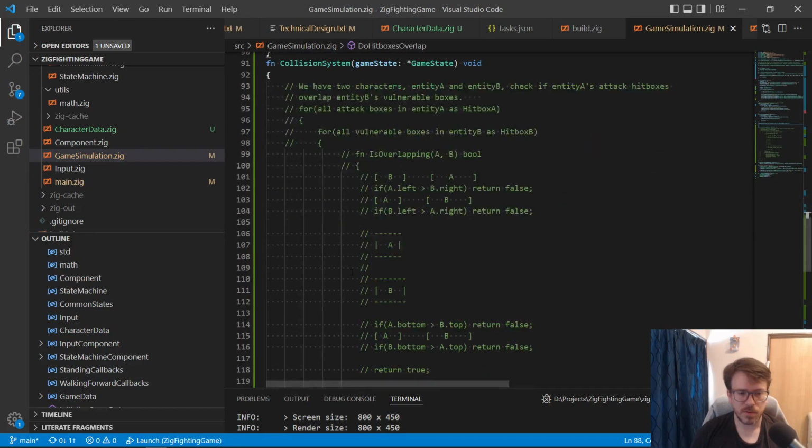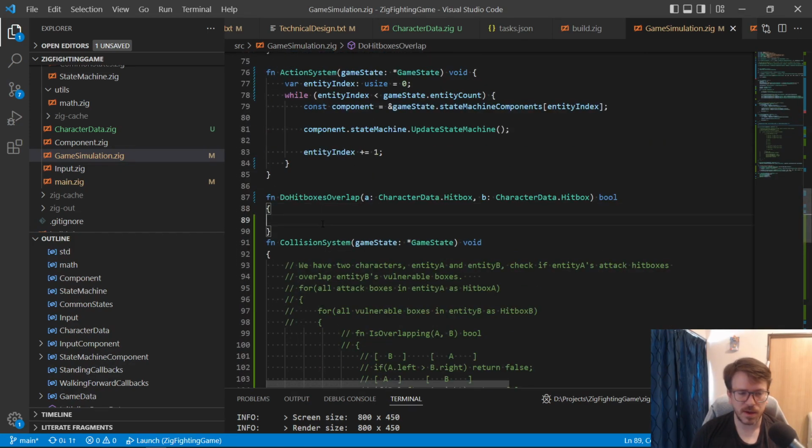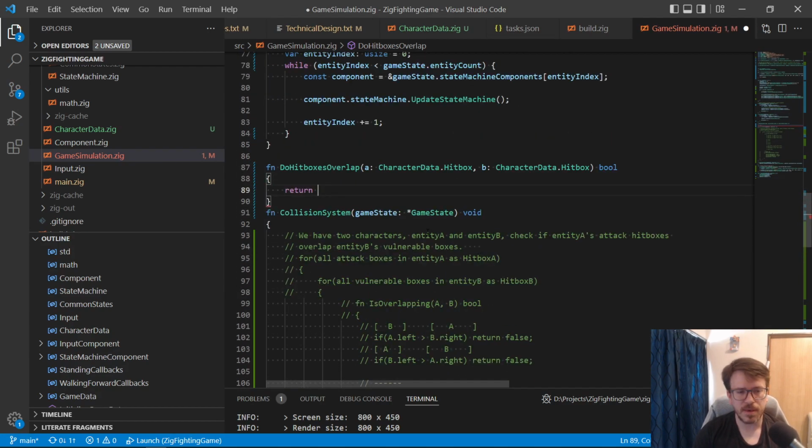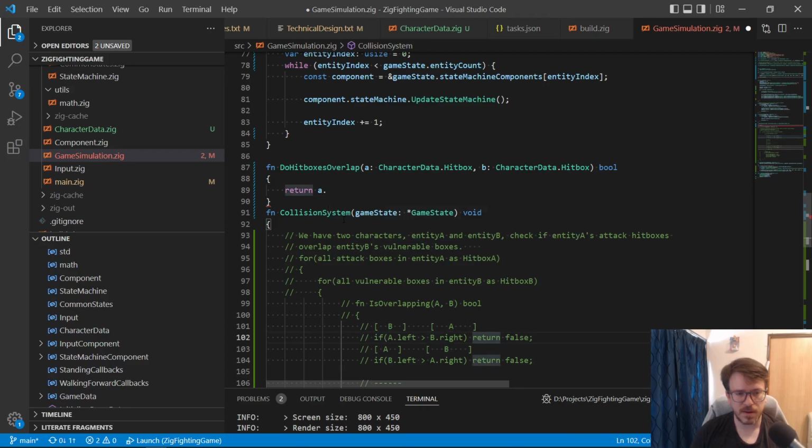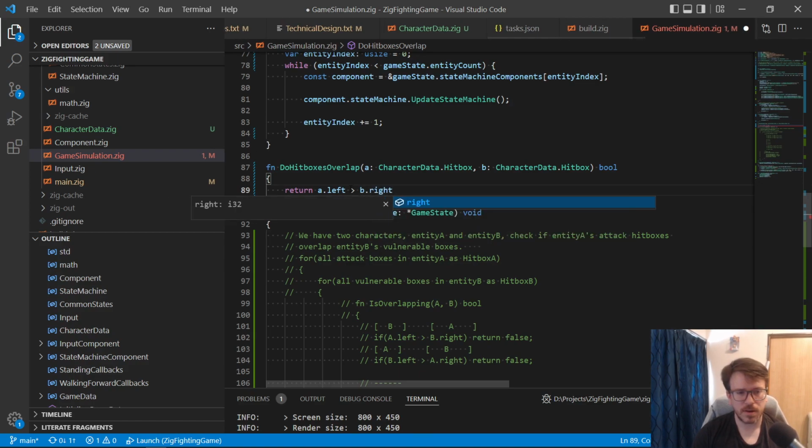So we can write this in a much more concise way. We can just write it in one line: if A dot left is greater than B dot right. So for now, let's write it like this. Const is not overlapping is going to be equal to if either A dot left is greater than B dot right, or